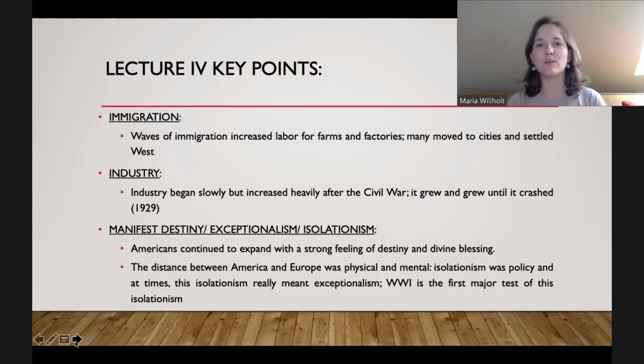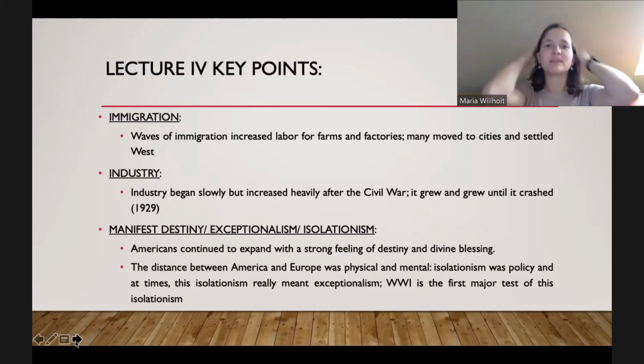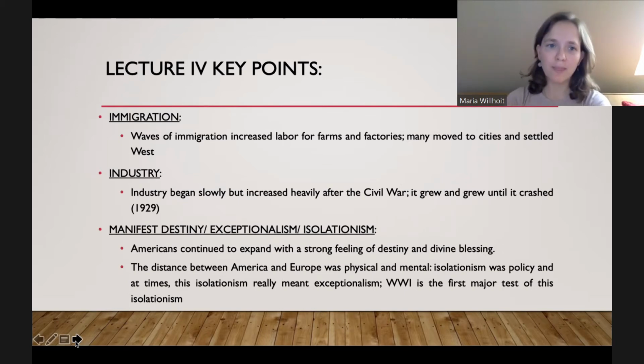So to begin, let me go over some of our key lecture points from last time. There were 3 main topics that we covered: immigration, the vast amount of immigrants that came to our country. I'm very sorry, I didn't cover the early 20th century immigration, which is when my grandparents came on my mother's side from Italy. It's also when a lot of Ukrainians and Russians came into America. You still have Ukrainians coming to America after the early 1900s, but this is where a bulk of them come, and many of them are Jewish.